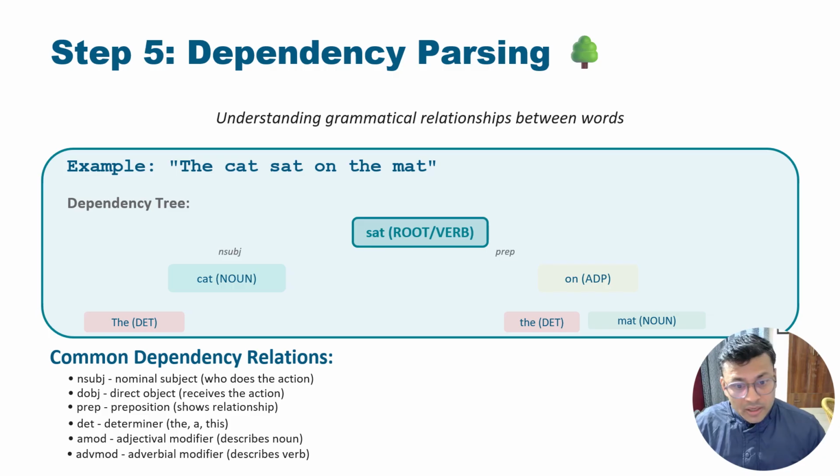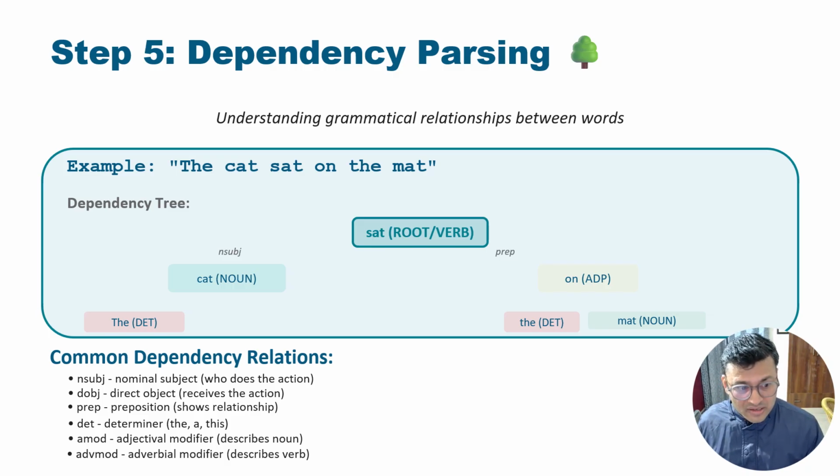For example, if you see the word sat, it is the root or verb. Then you see the noun cat, then the adjective on. And in this sentence, the is the determiner, which we already learned about. Everything has been converted, and if you see it from left to right, it goes into a smaller one. What we learn about parsing is the common dependency relations it maps, like the nominal subject,